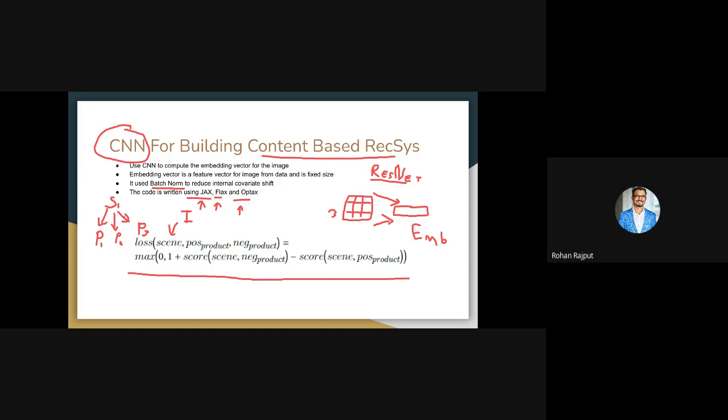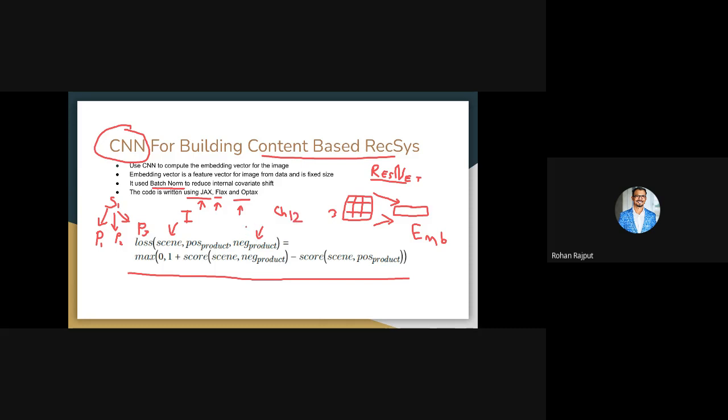First, we send our input image to our loss function. We define what is a positive product. The positive product can be our training data set, what we train our model from the historical data set, and the negative product is the random sampling data set, which does not resemble the output, right? We'll go into more detail in chapter 12 about why negative sampling is required here,